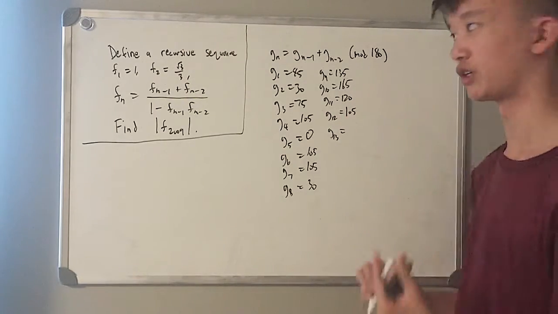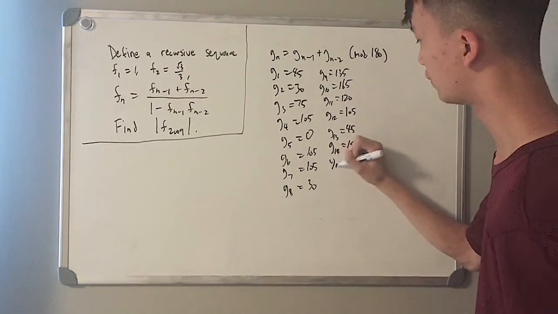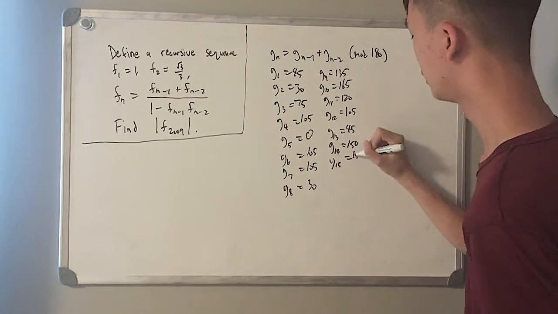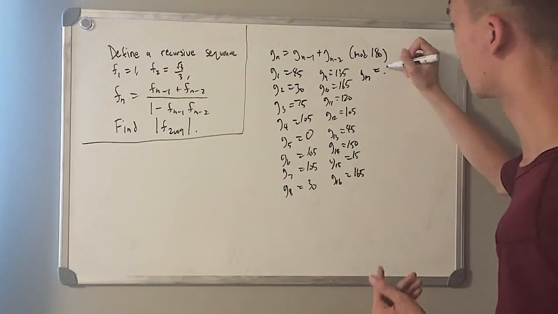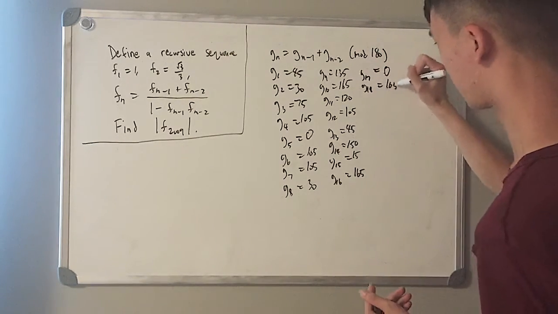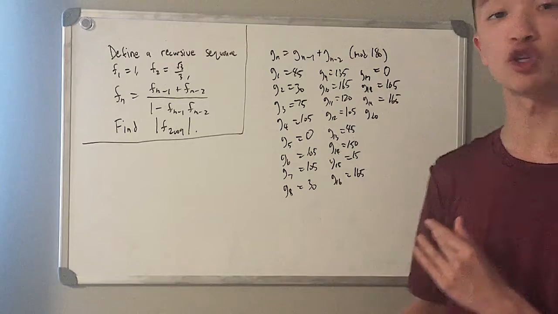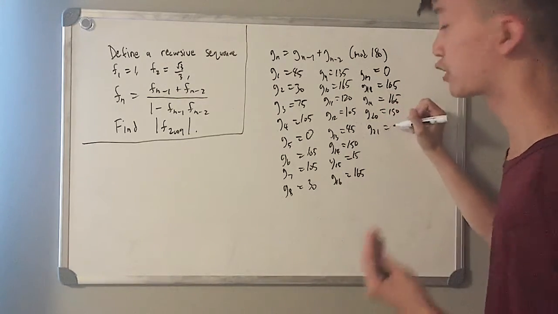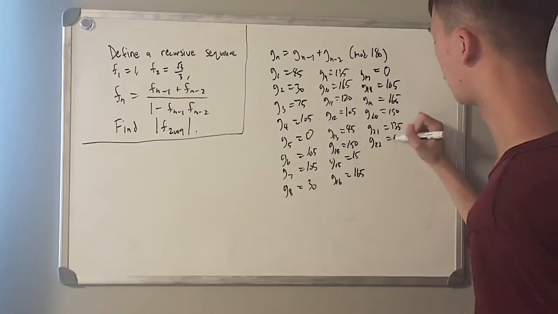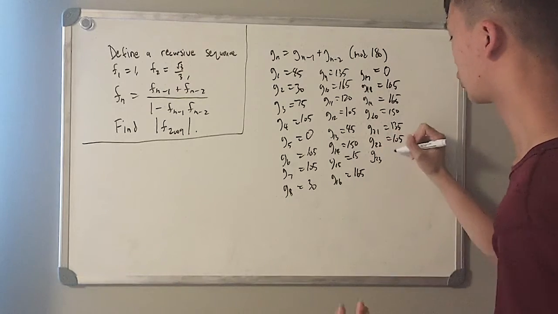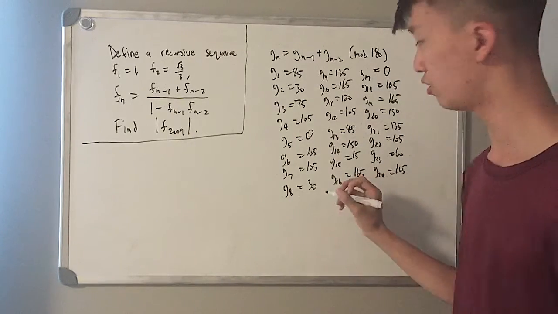g13 will then be 225, or just 45. g14 will be equal to 150. g15 will be equal to 195, or 15. g16 will be equal to 165. g17 will be equal to 0, g18 will be equal to 165, g19 will be equal to 165, g20 will be equal to 330 or 150, g21 will be 315 or just 135, g22 will be equal to 285 or just 105. Now, g23 will be equal to 240 or just 60, g24 will be equal to 165,